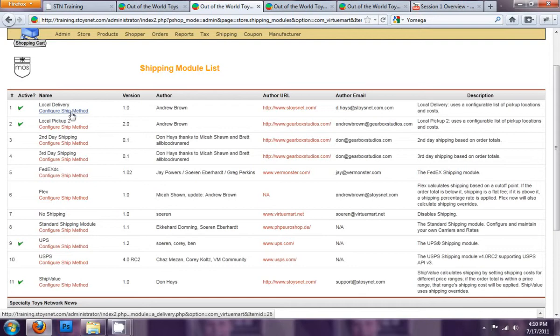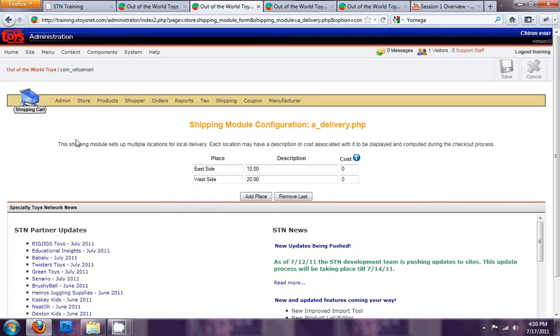And let me click it on this guy. I'll show you quickly what your options are. So you can, for example, let me move these around, set up costs for this, as well as give descriptions. So say east side within a 10-mile radius, and you could say west side within a 10-mile radius. Again, just trying to give you some different options that you can do, and you can even add places,